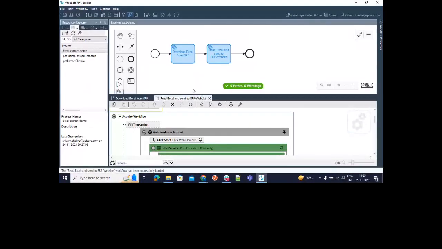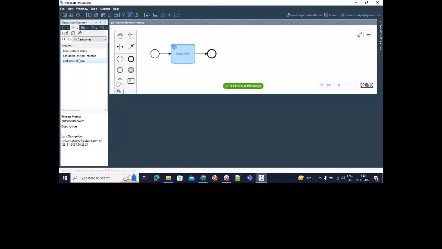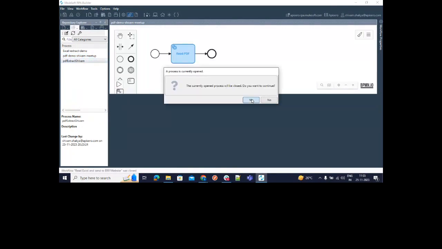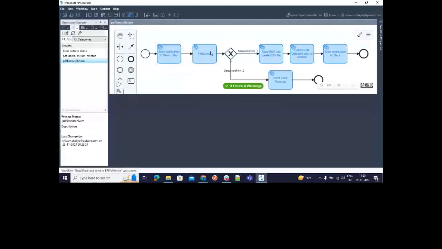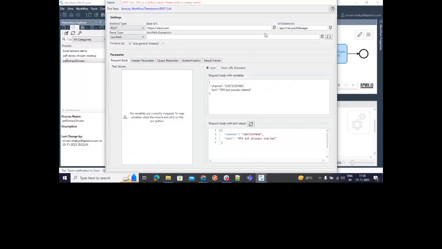Okay, then we have this PDF one. What we are doing in this flow is the same thing. We downloaded that Excel and converted it to PDF manually. After that, we are just sending the Slack notification. In RPA, you can call the REST API as well. So this particular REST API will send the message to Slack, like the RPA bot process has started. But the only thing with this is